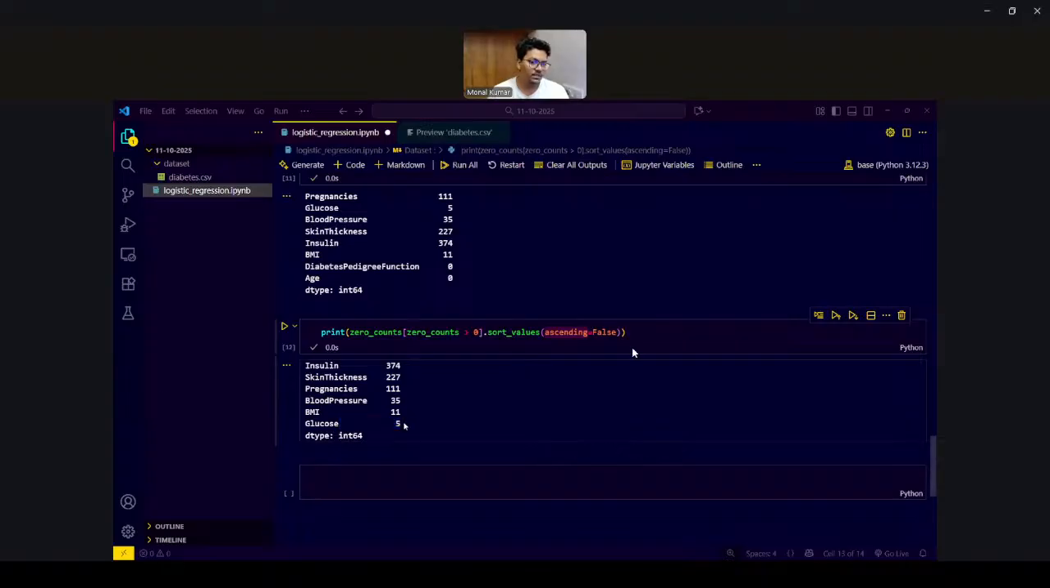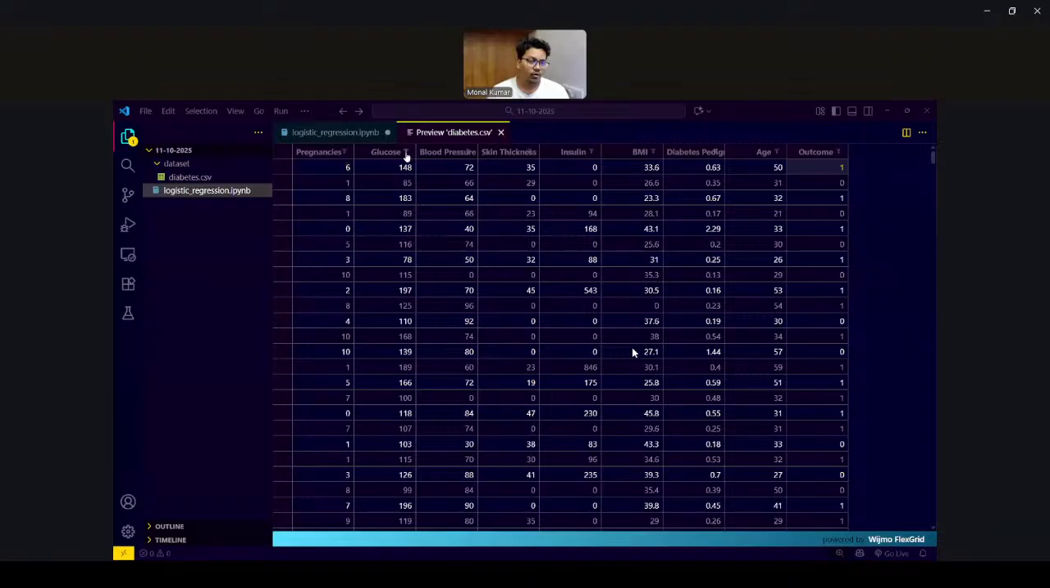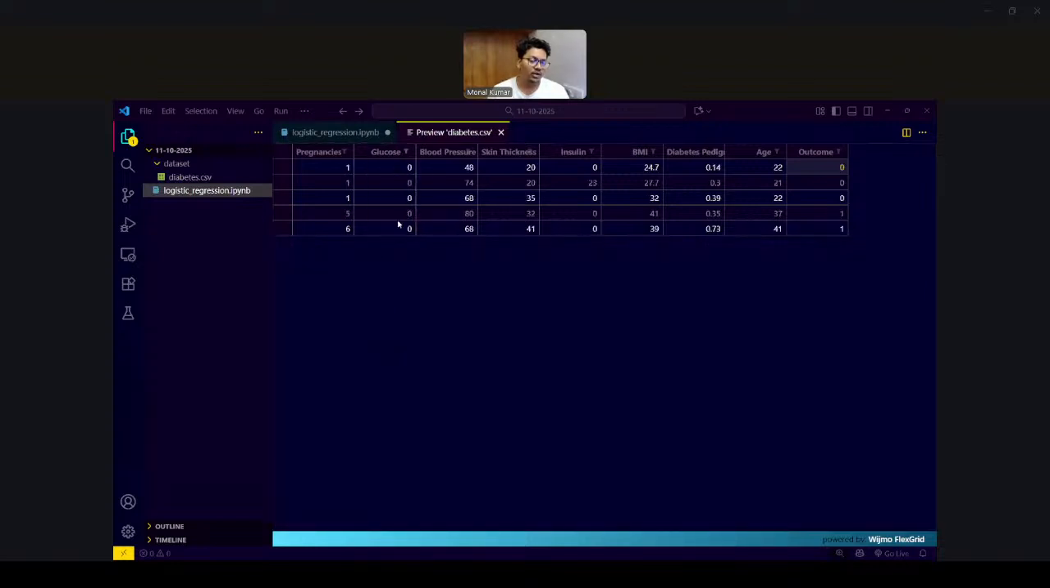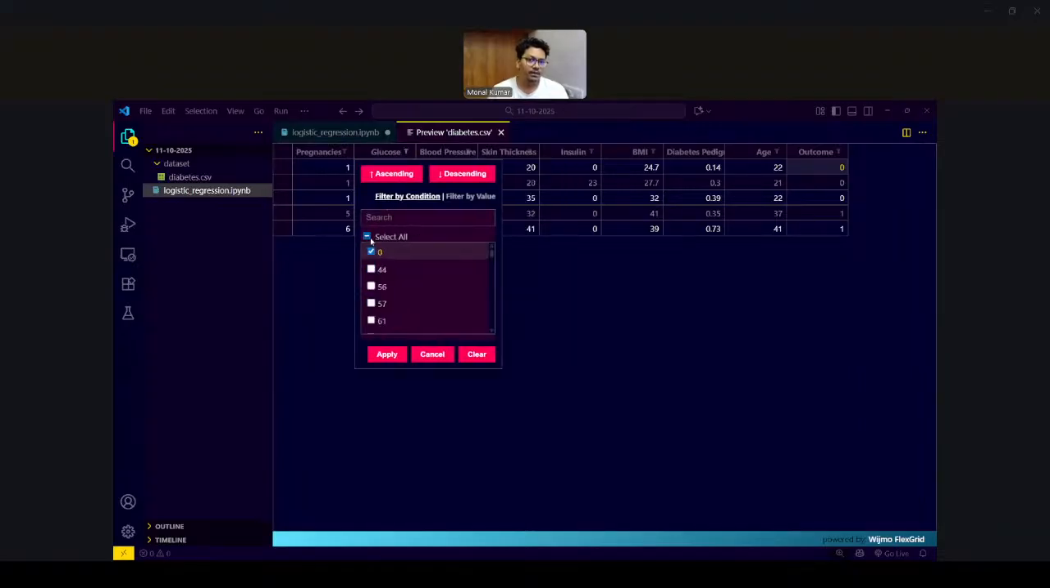All right. In this particular value for glucose, we are also able to see a value of zero. Let me just show you. These are the values where glucose value is zero. Glucose value zero means your body does not even have a single point of glucose. Does this sound good? No. Here, if I select all,